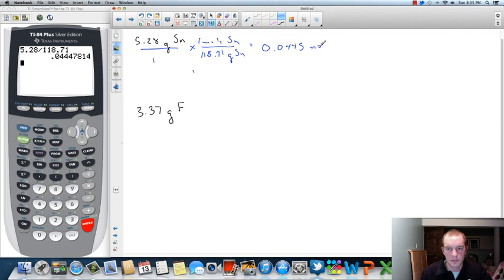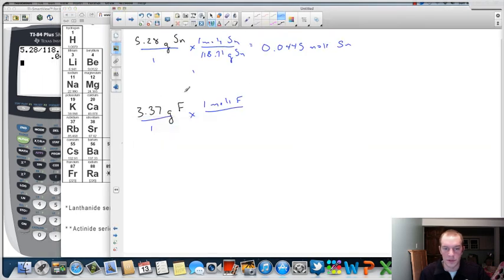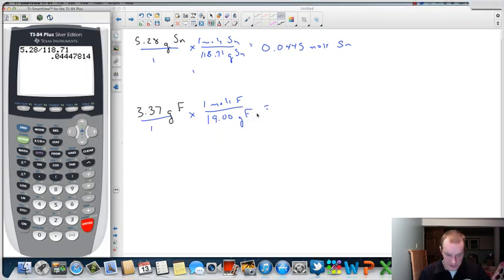0.0445 moles of tin. Now we do the same thing for the fluorine. Divide by 1 times, we know that every 1 mole of fluorine is going to equal some number of grams. In this case, it's 18.998, or 19.00 to keep it consistent, divided by 19.00 grams of fluorine. Okay, perform the calculation. We can see that it's 3.37 divided by 19.00, and that gives us a ratio equal